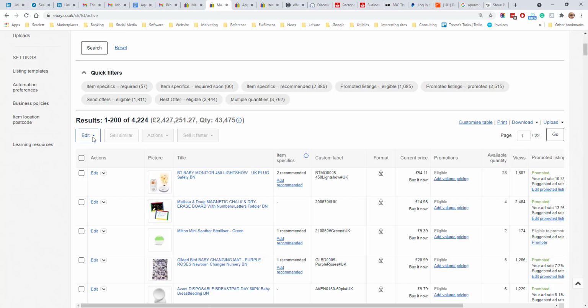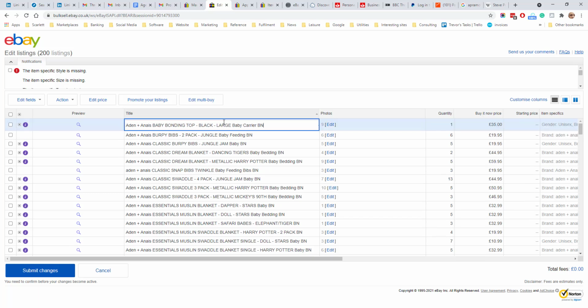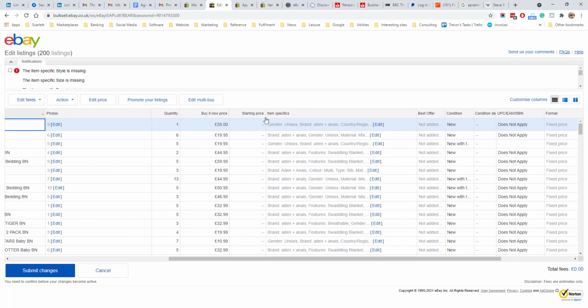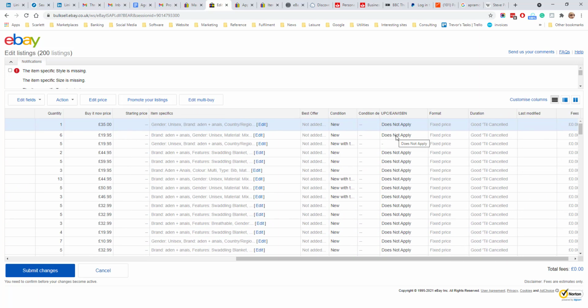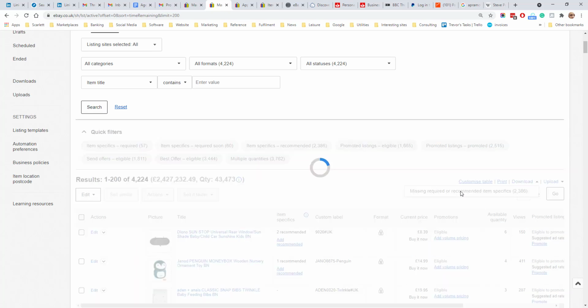Another option is you can edit the items in bulk. This is a place from where the title, the quantity and the item specifics can be edited in one place. You can also edit the product identifier. Finally, there's the option to download the item specifics which need to be amended. If you click down here, Download,